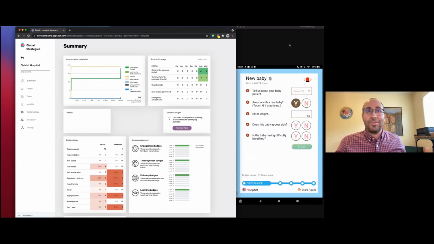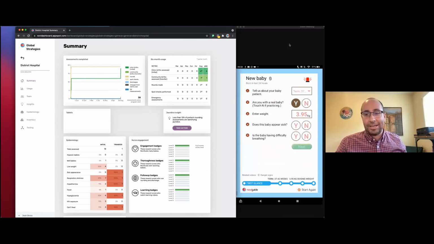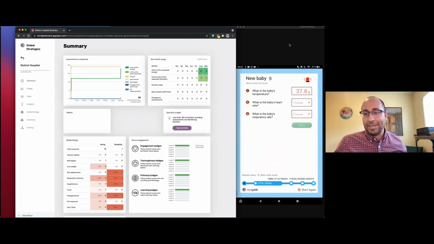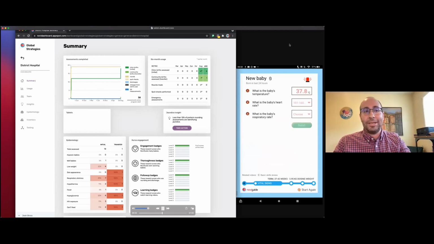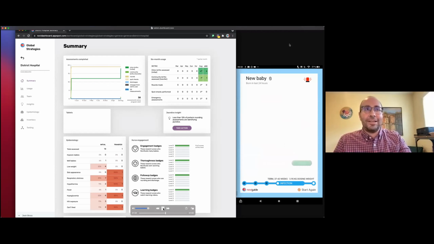It's the case of a term baby who is well appearing, but whose mother has a fever and whose mother had prolonged rupture of membranes, meaning that the water was broken for more than 18 hours. In the Ugandan national guidelines, because of the risk of infection, that would be antibiotics for the baby until the baby's proven to be okay. If you're watching quickly, you'll notice that every trip through the NoviGuide is slightly different.